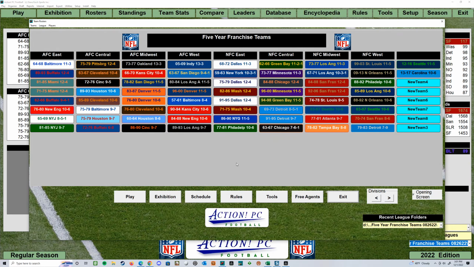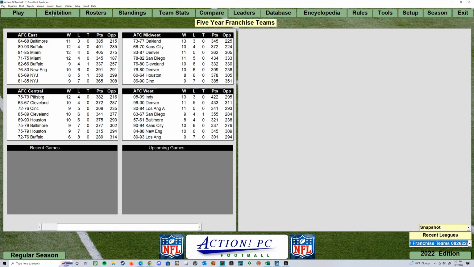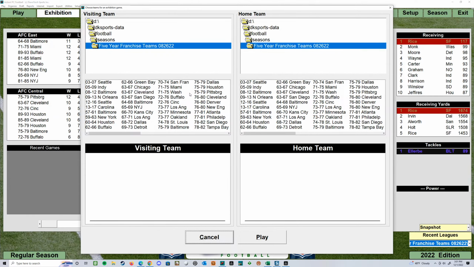Big fan of those Steelers. And I got more teams planned, right? So let's throw this thing. I don't have an error going on with this league right now, so let's throw an exhibition game together. This is a fun little league to do because let's pick a couple of these. Let's pick Pittsburgh at home.